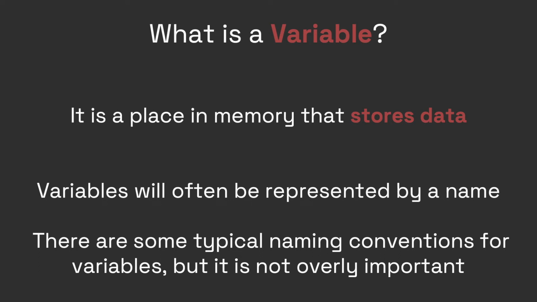Variables very simply represent a place in memory that allow you to store something. Variables in your code will be represented by names. You can name a variable practically anything you'd like. However, there are some naming conventions when it comes to variables, but for the sake of this video, that is unimportant. The main thing you should be concerned about is if your variable names are clear and make sense what